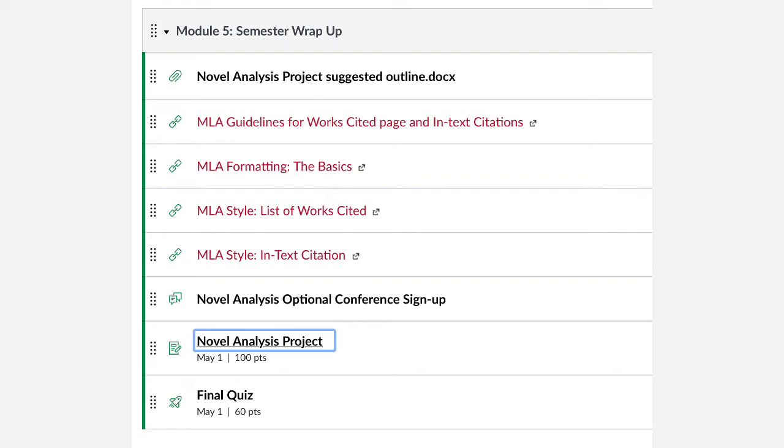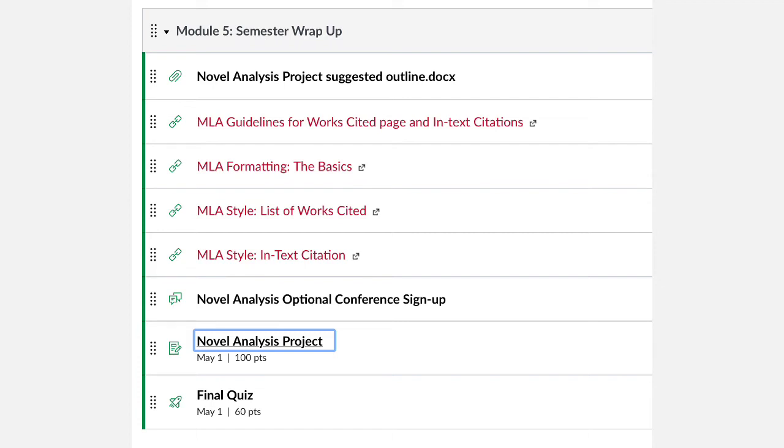This assignment asks you to use MLA, that's Modern Language Association guidelines, for the works cited page and for the in-text citations. Now, I know a lot of you are old hands at this. You've written loads and loads of papers. You're very familiar with how to cite your sources. But I also know there are a few people in the class that this is all kind of brand new. And so that's why I have posted these sources for you.